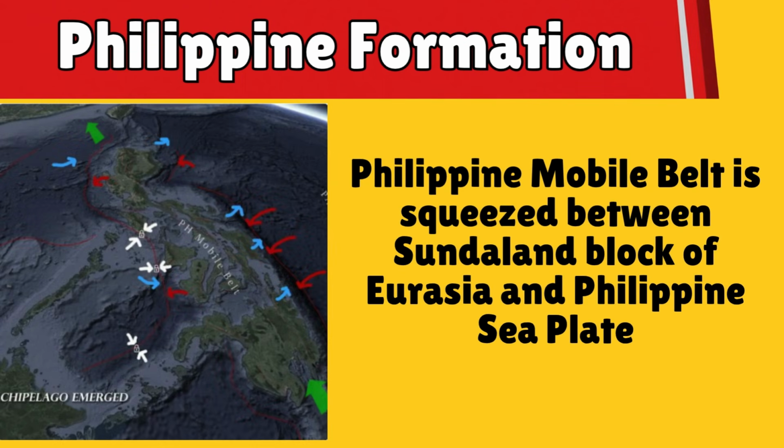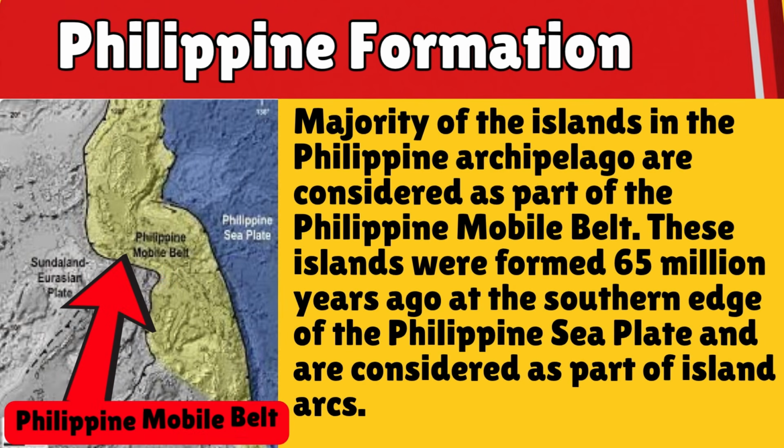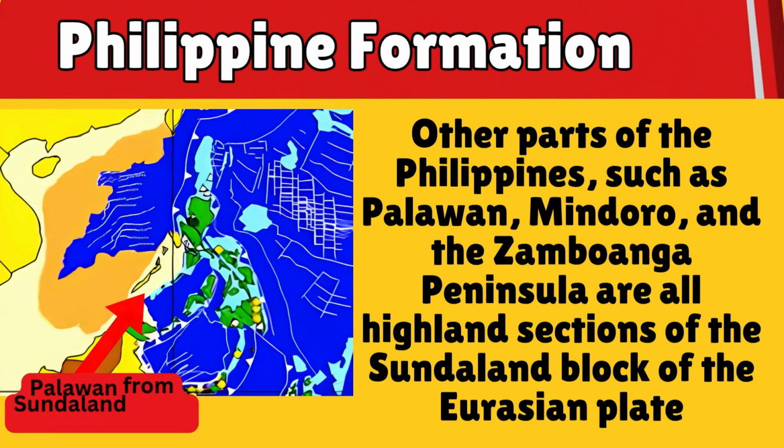Philippine Mobile Belt is squeezed between Sundaland Block of Eurasia and Philippine Sea Plate. Majority of the islands in the Philippine Archipelago are considered as part of the Philippine Mobile Belt. These islands were formed 65 million years ago at the southern edge of the Philippine Sea Plate and are considered as part of island arcs. Other parts of the Philippines, such as Palawan, Mindoro, and Zamboanga Peninsula, are the highland sections of the Sundaland Block